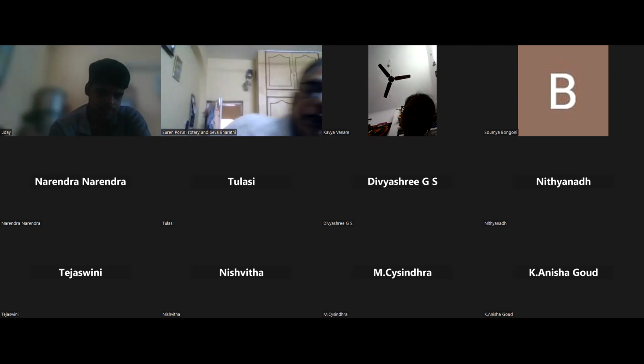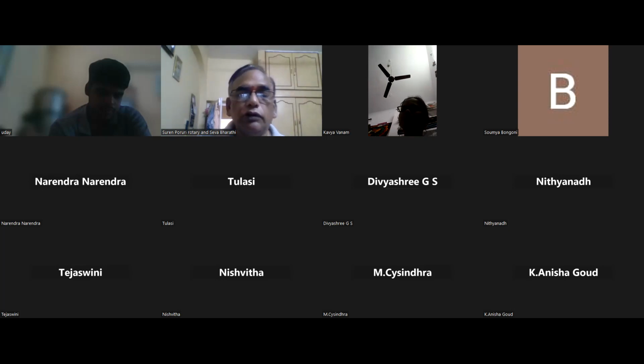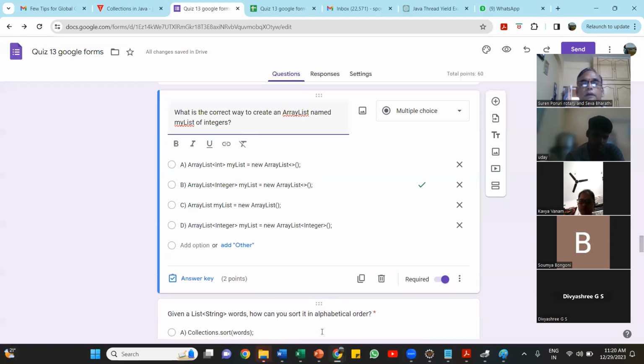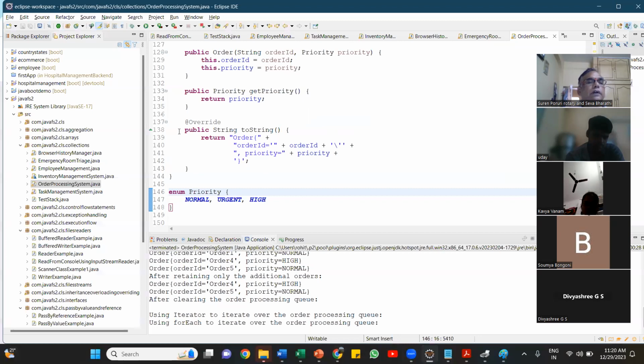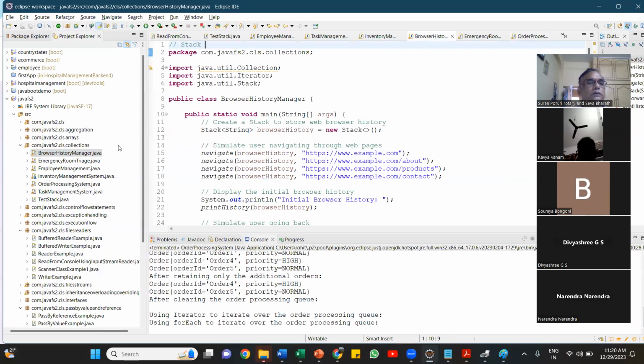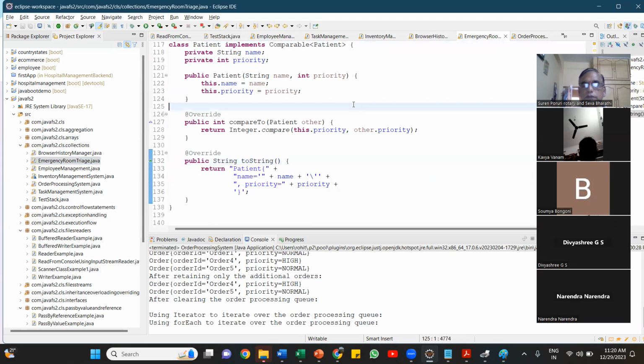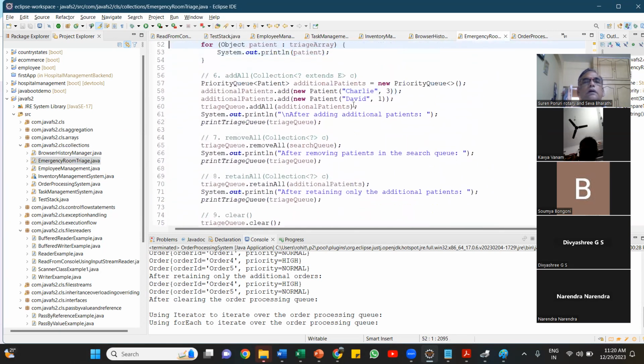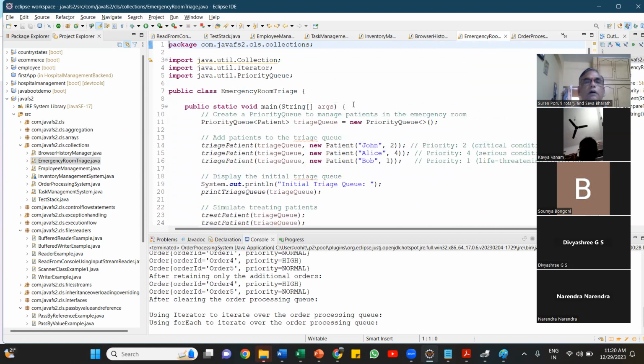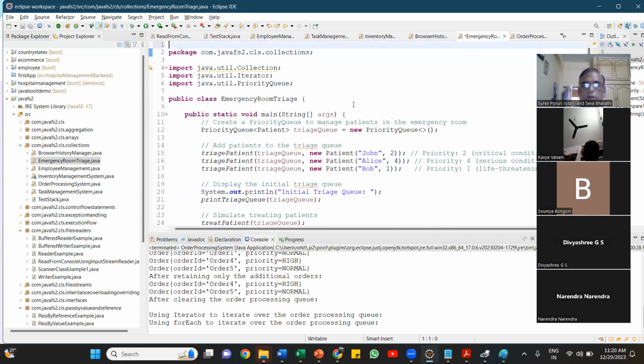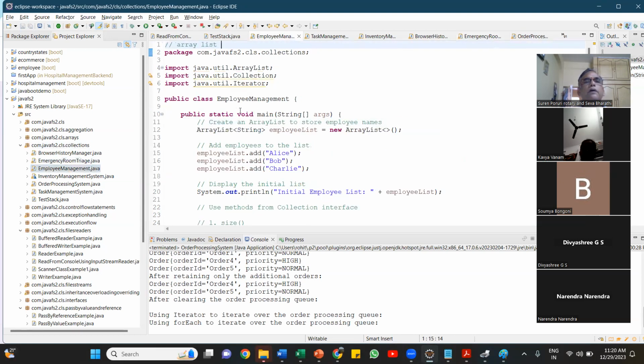Okay, so these are fundamentally the various collections we have discussed, and now I'm going to show you the code of each of these classes, sample code, so that you can actually do the exercises. Right? Okay, let's start with the